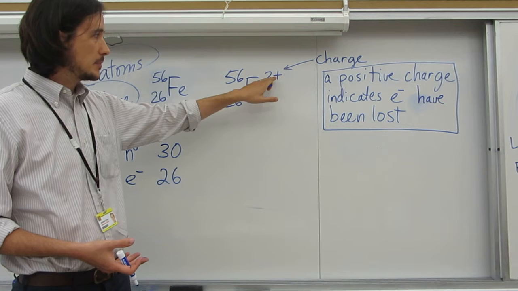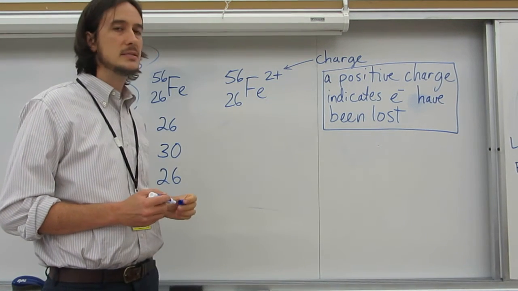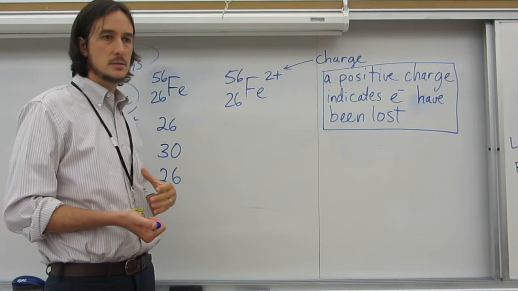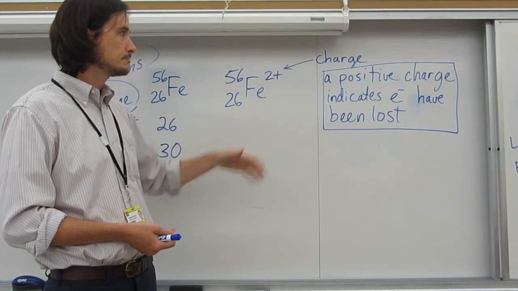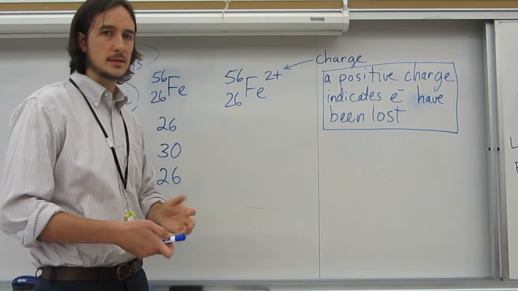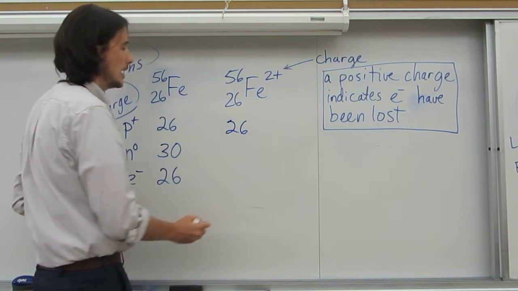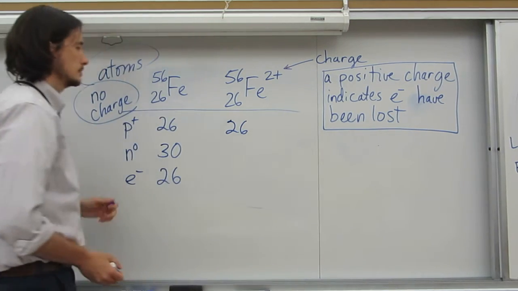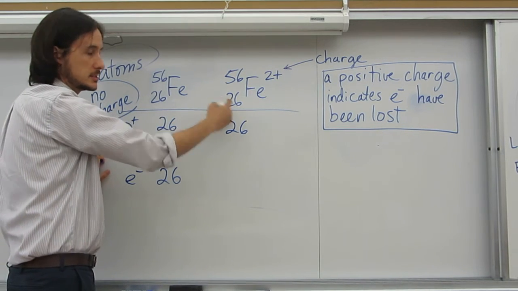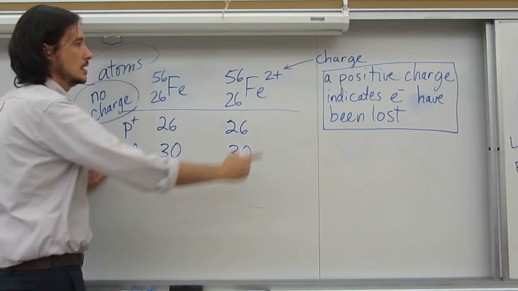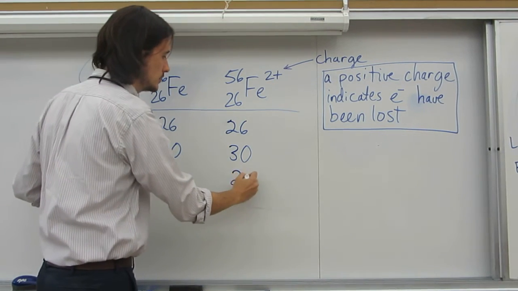So there's a +2 charge, I've written here in the box. If you have a positive charge, that means electrons have been lost. You have to have more protons than electrons to have a +2 charge. If it were negative, it would have gained electrons. So we do protons. Protons is the same. This is still iron. 26 protons. 56, there's still 56 minus 26, there's still 30 neutrons. But now we have a 2+ charge, so it means it lost 2 electrons, so there's only going to be